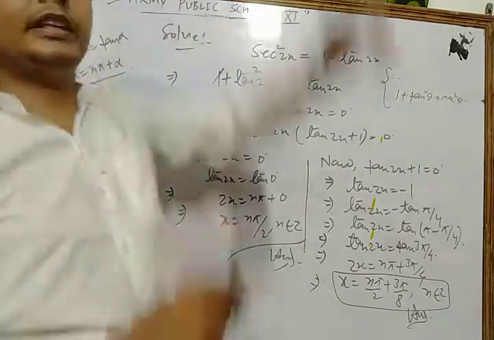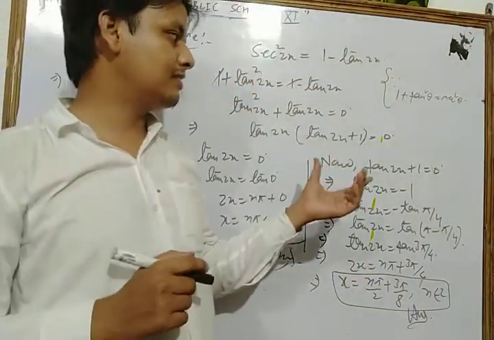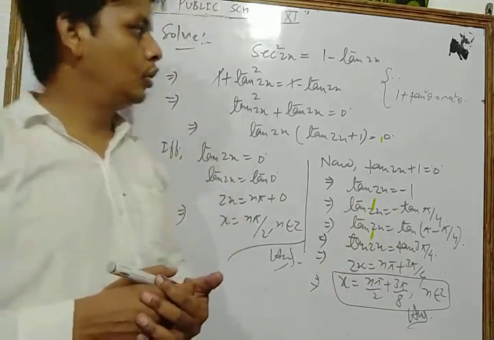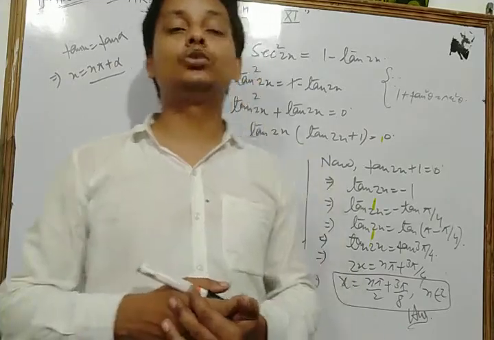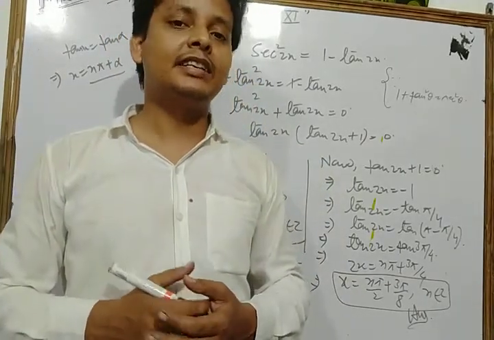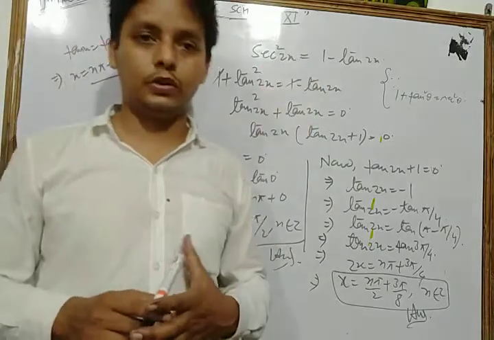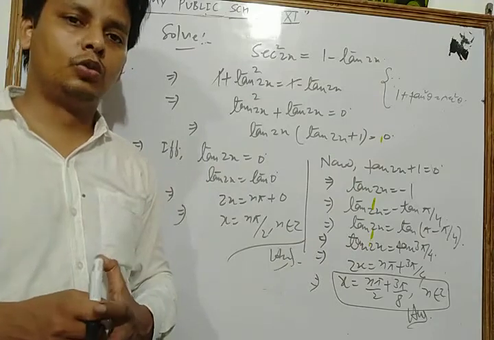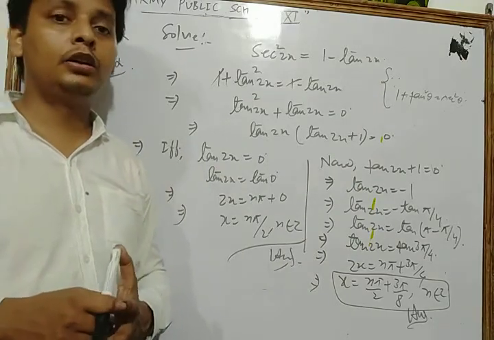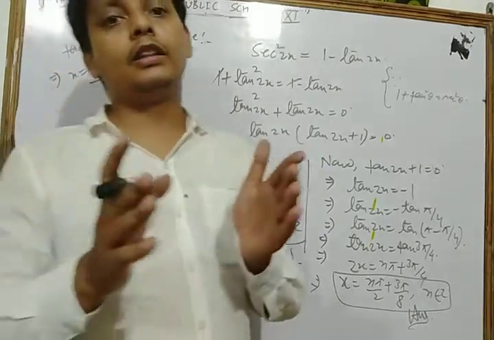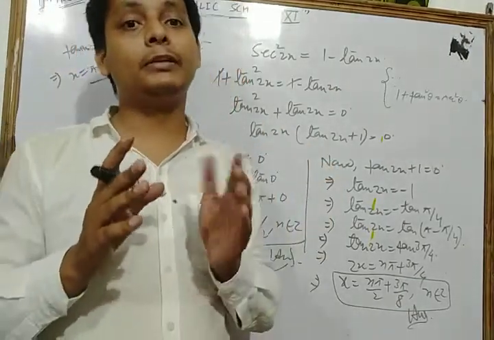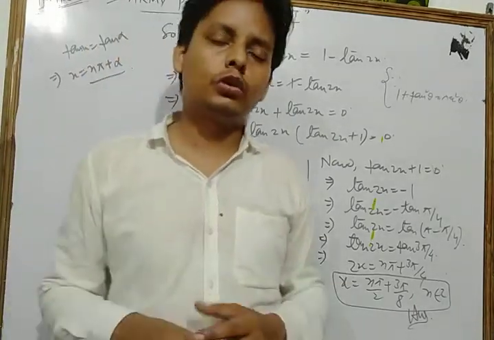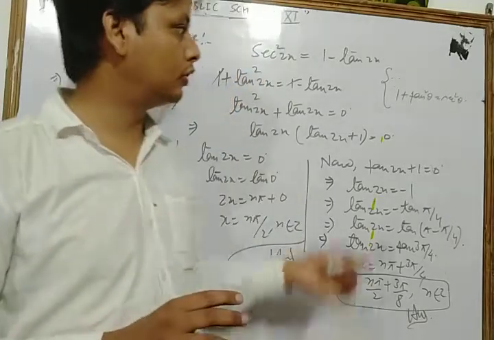So dear students, first of all you revise all the questions which we discussed in this class. Then after you complete that, you can solve your NCERT exercise based on trigonometric equation questions. First, dear students, you practice all the questions which we discussed today. Then after that you remember all the formulas for trigonometric equations and their proofs also. Then you can solve all the questions of your NCERT exercise based on trigonometric equation.